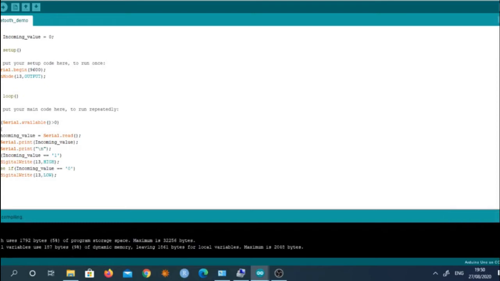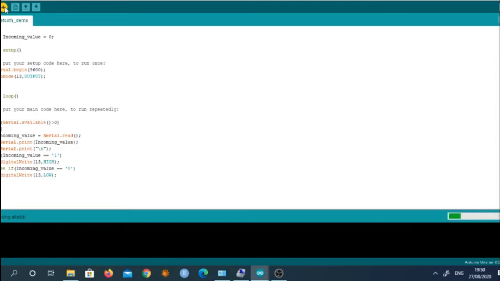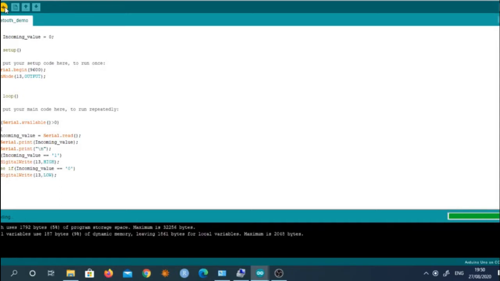Once the program is compiled, I have to download it. Now uploading is going on, and when the message "Done uploading" appears on the screen, it indicates that our program has been totally downloaded. Ensure that the Bluetooth module is not connected before downloading the program. So these are the initial conditions which we have to remember.